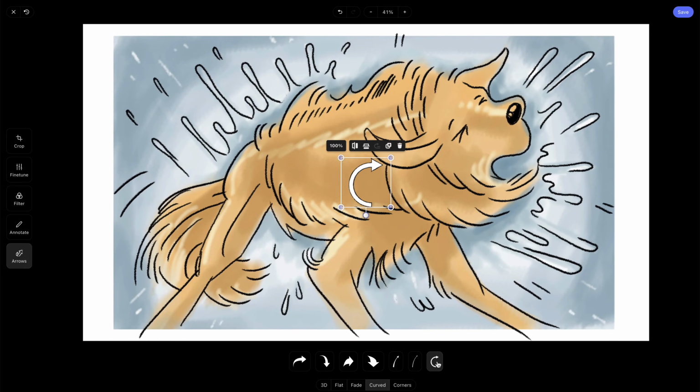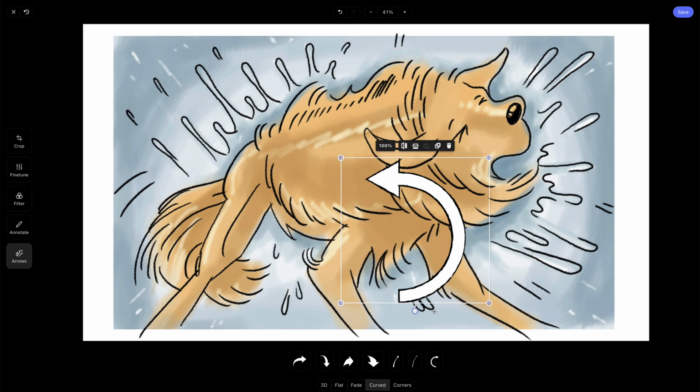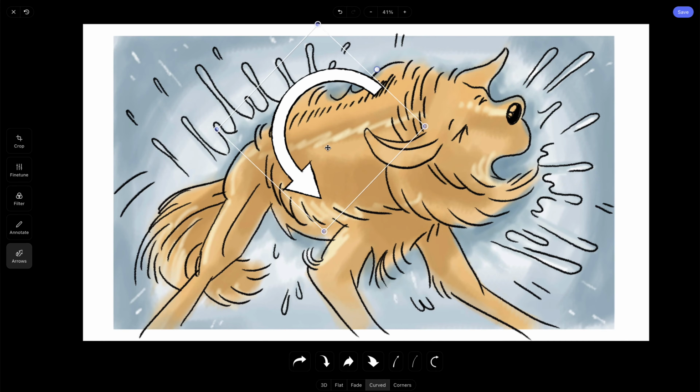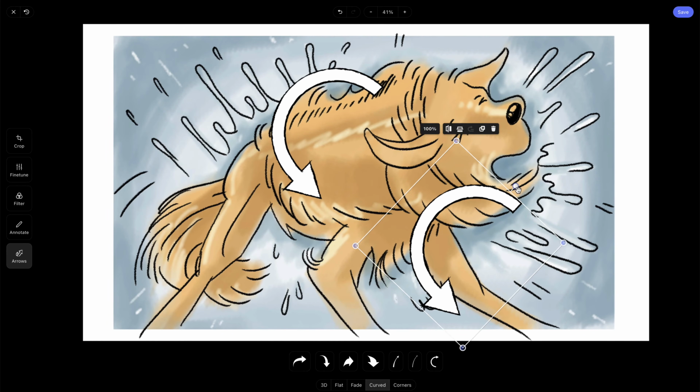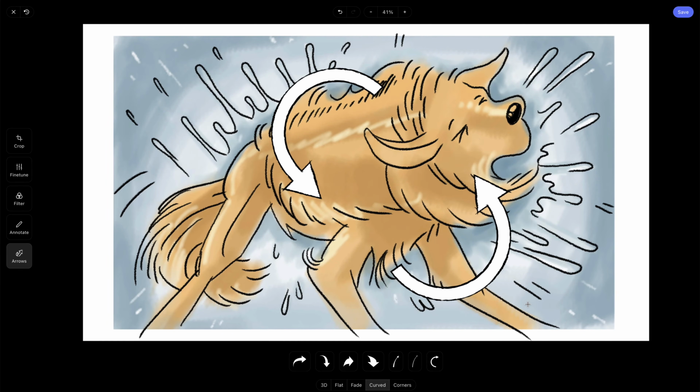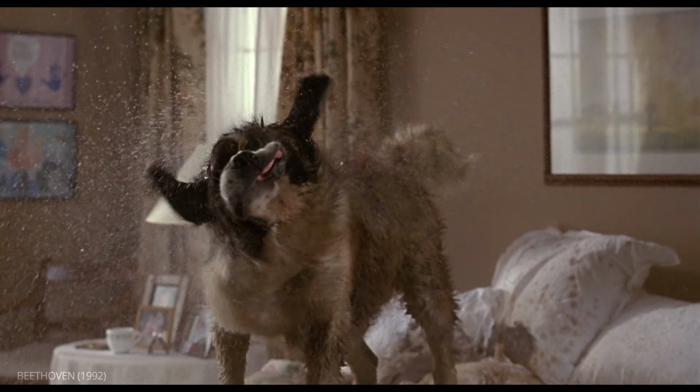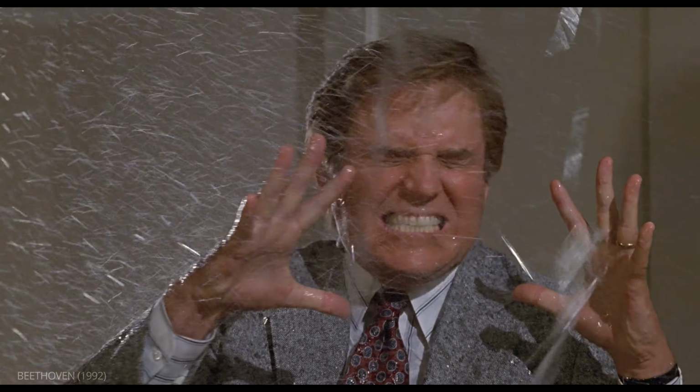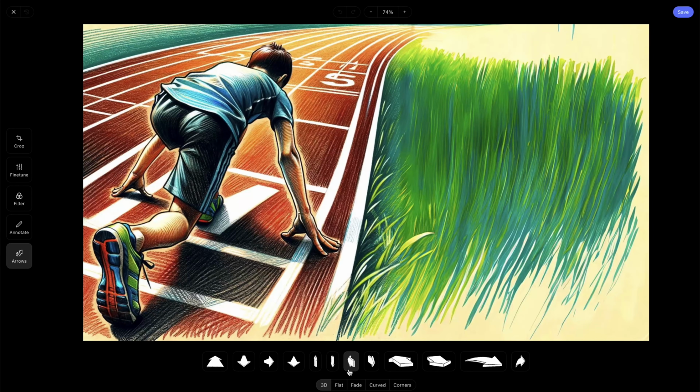Arrows can also be used to indicate movement from an action that a subject is doing. For example, I want to show that the dog in this frame will be shaking his body dry. Along with movement, arrows can also show the path a character might take. This can be really helpful, especially during a tech scout, to determine what exactly will be in frame along his